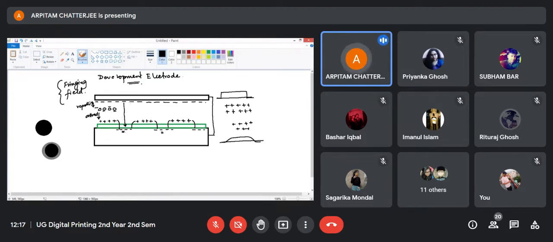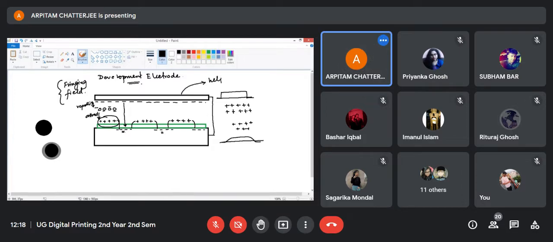So that's why it helps to maintain these edges, the positive polarity that is already over there, that helps to maintain that intact. Okay, so that is why this development electrode has a very important role,